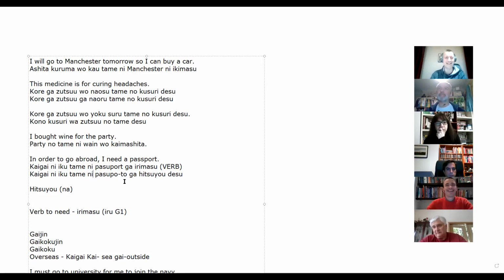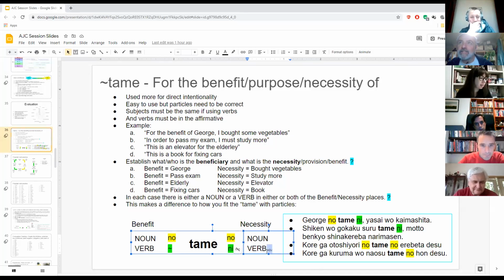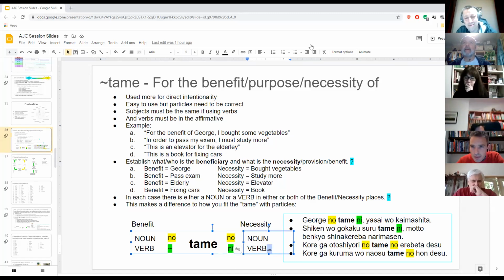Let me explain why. Desu is a verb. Well, basically it is a stative verb. But let me just quickly go back to the slides, and I'll show you where I made this little tiny statement, which is if this is an adjective. Can you see this little adj here? Okay. So this needs to be ni. And that's because we are using hitsuyo.